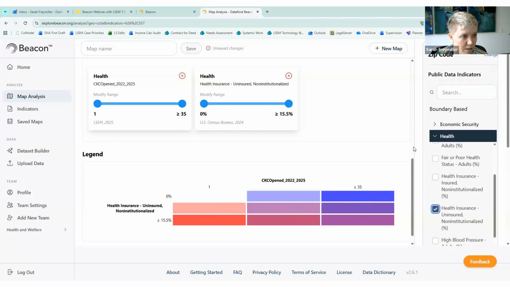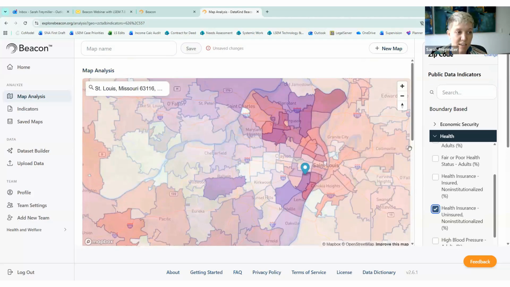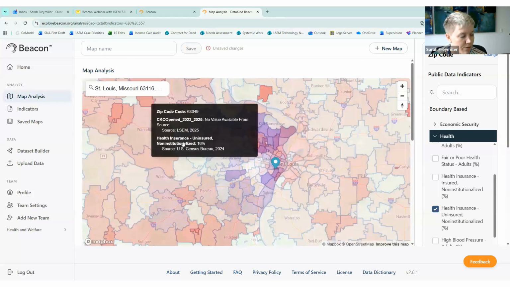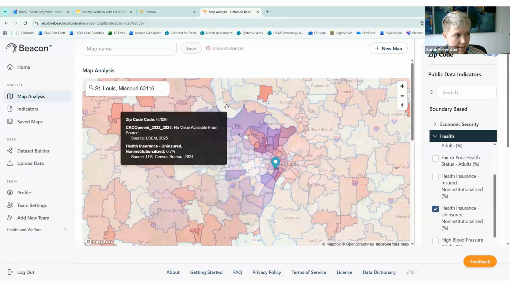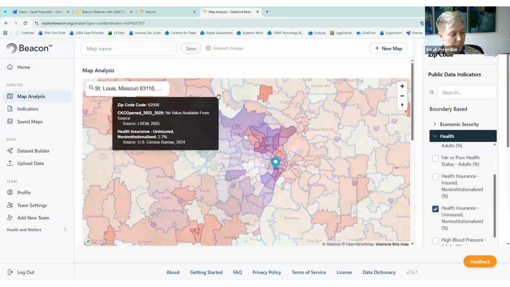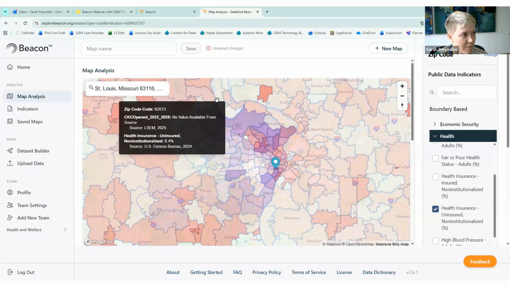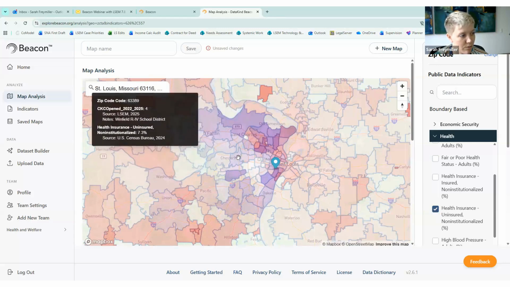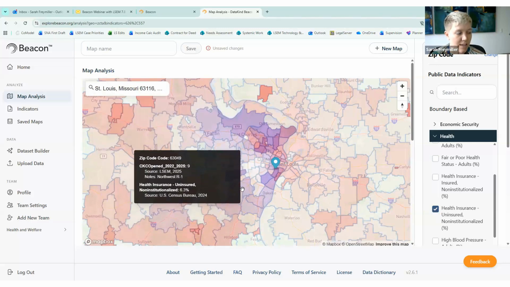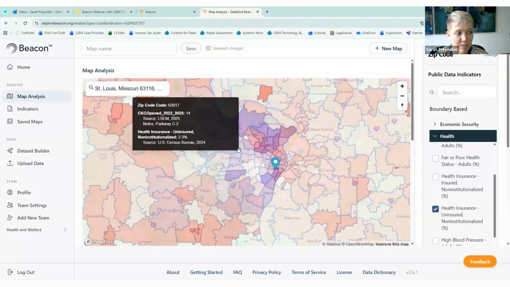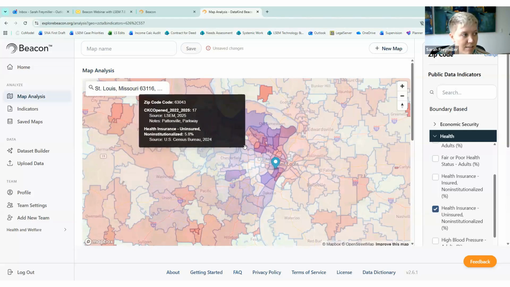So if I come back up to the map here, and I'm really excited to talk with the team about this because they were asking for this information. We cover a whole range of counties in eastern Missouri. So it's not just St. Louis. And I think it can be hard to get the information out to further reaches, but I think it will be really important for our team to see, oh, it looks like there are high uninsurance rates in these areas, and we have not necessarily seen these cases coming in.